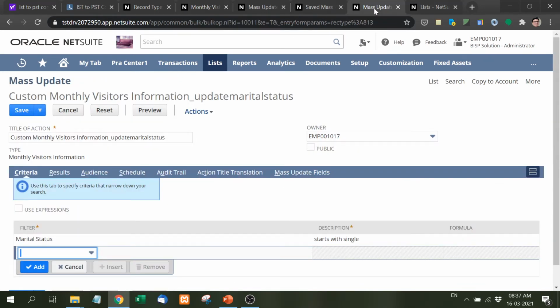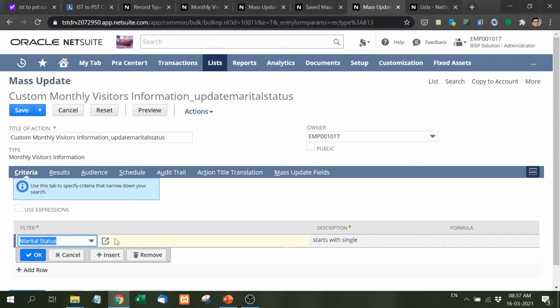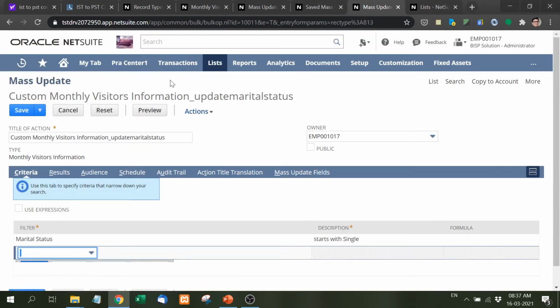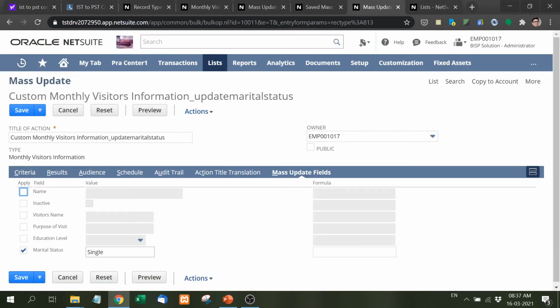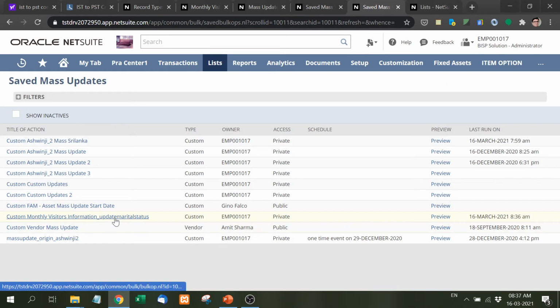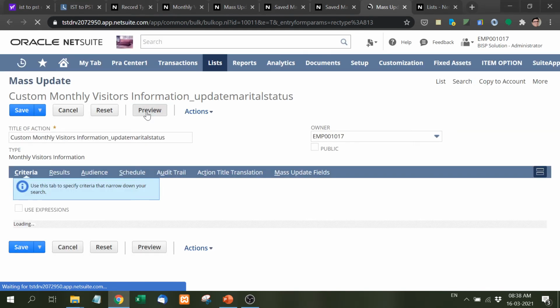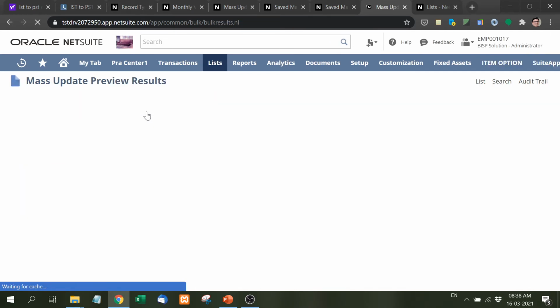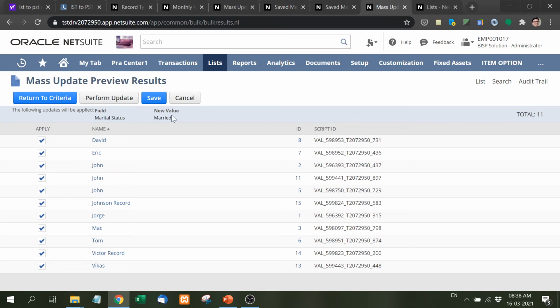Just a second, single, it is case sensitive, so we have to make it like single, right? Start with single, update, what we need to do, married. Now it is saved. Now again if I click here and if I see the preview, now see it will show the new value is married and the following updates will be applied on these fields. Now again if I click here perform update,